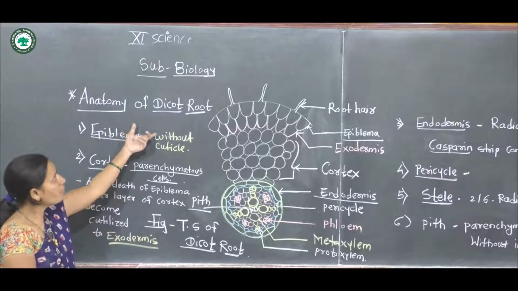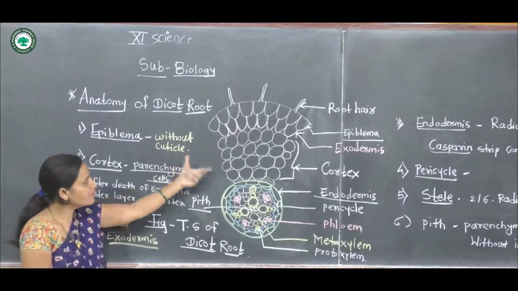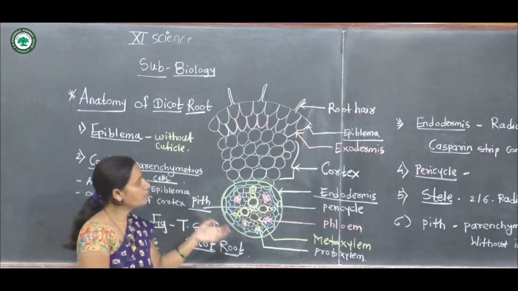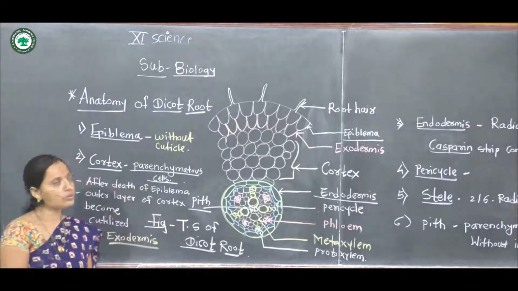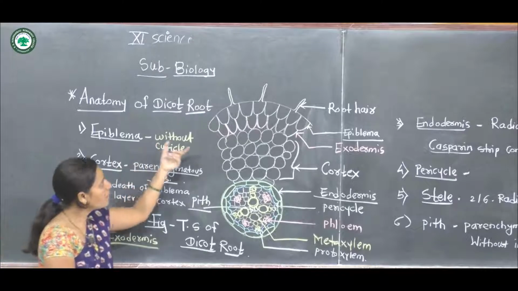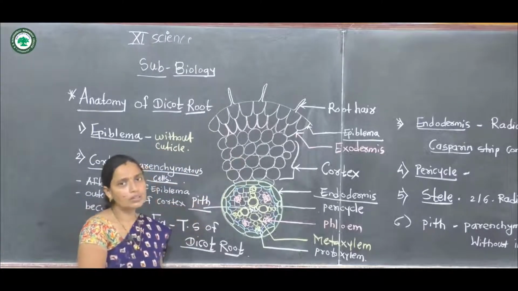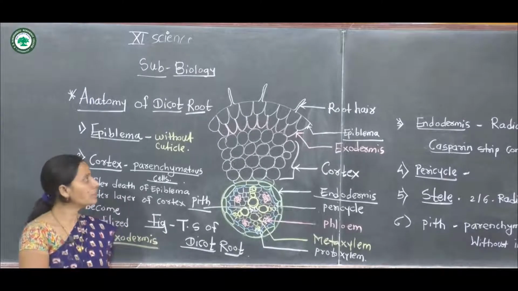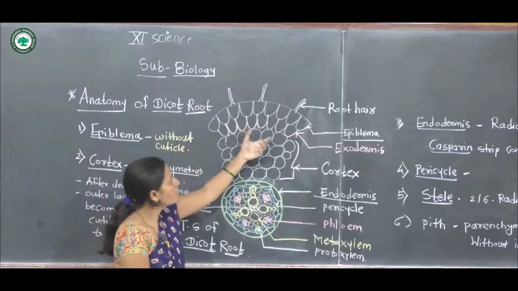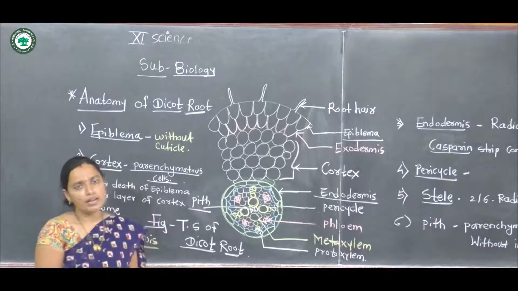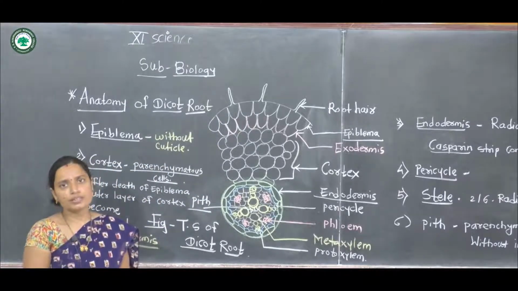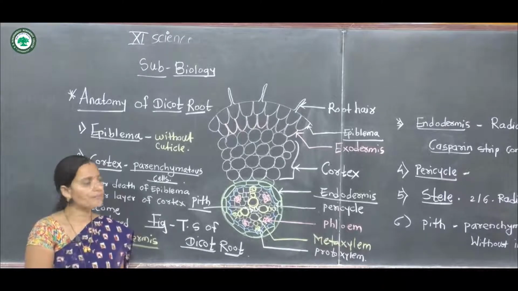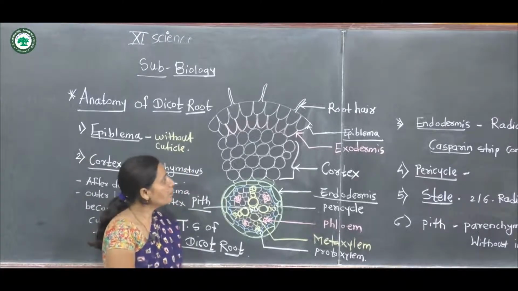This is the anatomy of dicot roots, with the internal structure of the root showing these different layers in the transverse section of the roots. The first important layer is called the epiblema. It is the outermost covering of these roots, and it bears the root hairs. This layer has the root hairs, which are most important for the absorption of water and minerals. And below this epiblema,